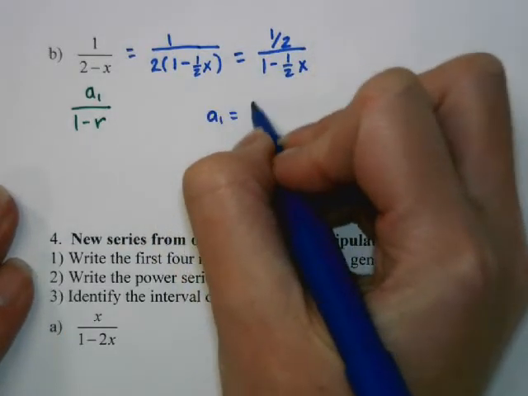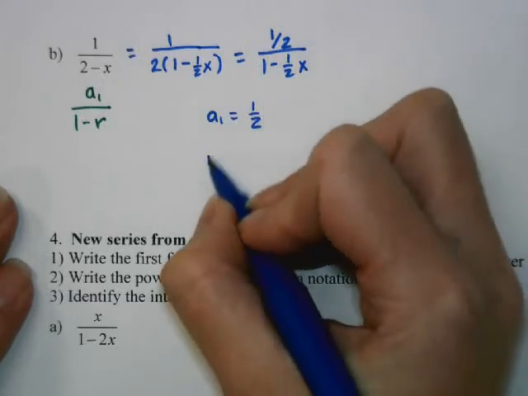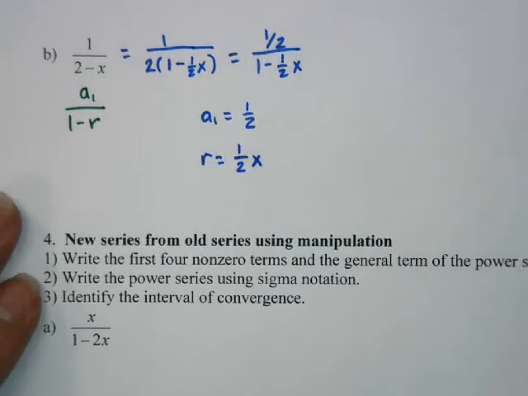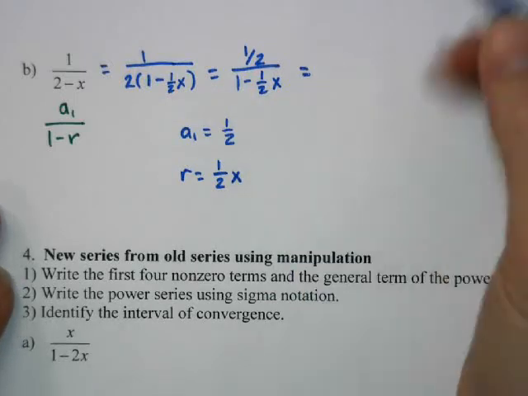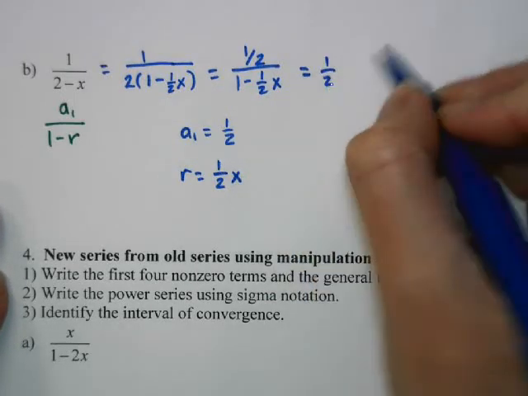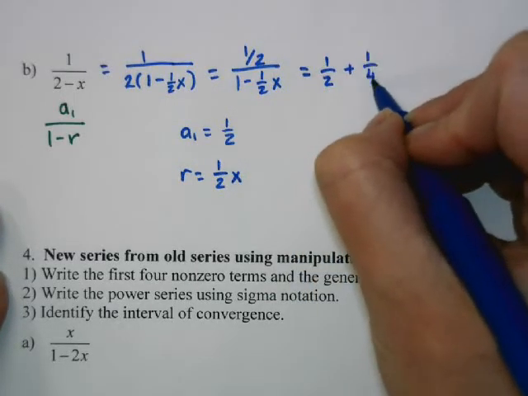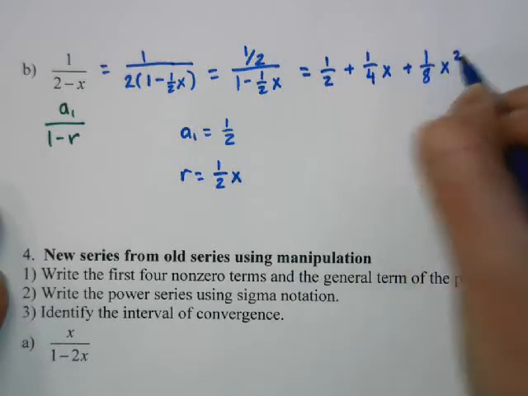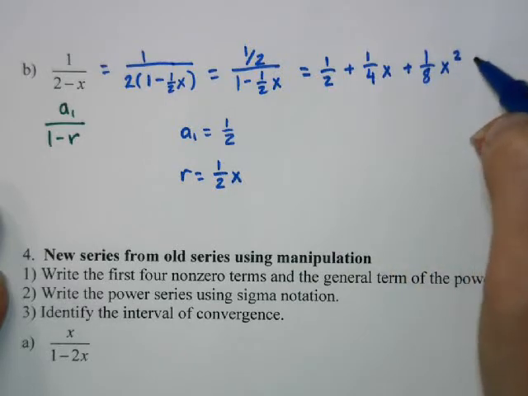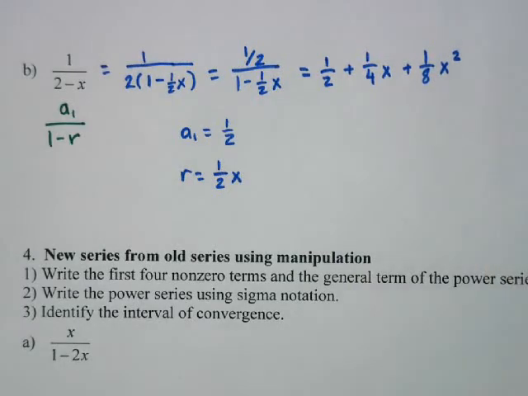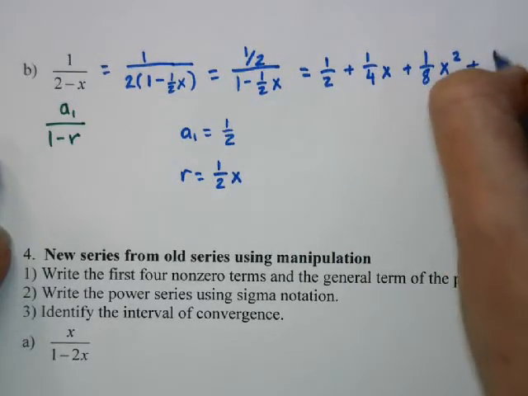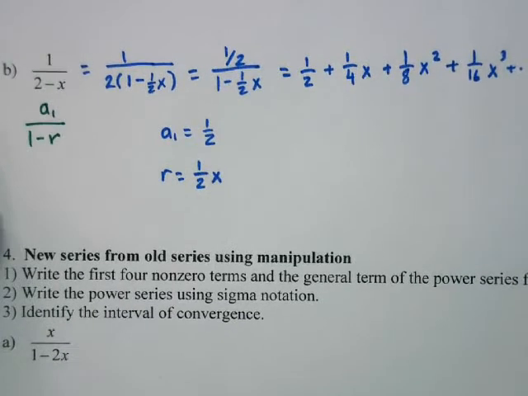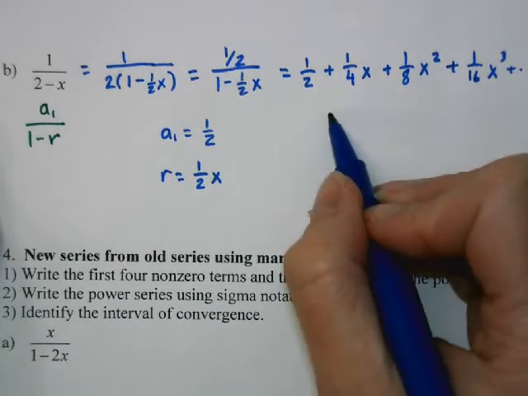Now we're in the correct form. So my a1 is 1/2. My r is going to be 1/2 x. And then we can form the series: 1/2 plus 1/4 x plus 1/8 x squared, and so on. When I plug it into the sigma,